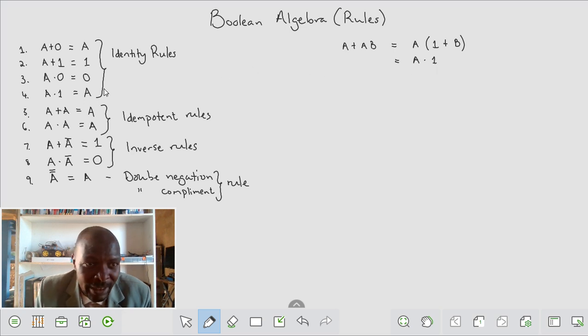Okay, and this here according to rule 4 is the same as A. Okay, so I think people can see therefore where it comes from. I don't know whether I'll have enough space if I keep doing things like this, let me try to keep it there. So now let's say A